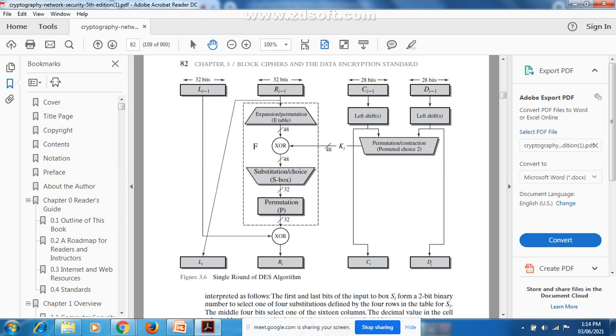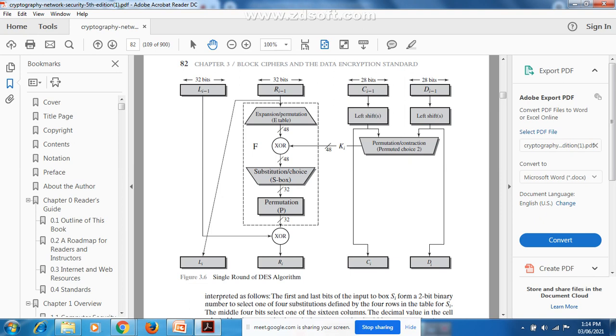In Feistel cipher we have already studied that whatever plain text message is there will be divided into two halves, that is 32 bit and 32 bit, the left hand side data and the right hand side data. In the same manner, after initial permutation, whenever you pass the data through each round, the plain text data will be divided into two parts, the left hand side data and the right hand side data. Here 64 is divided into two parts, 32 bits and 32 bits. Clear?